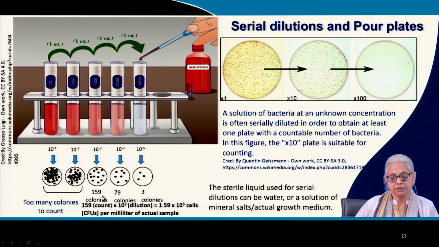You would want, if 159 is the most precise result, then after the next dilution you should get about 16 colonies, but you're getting 79, and in the next dilution you're getting 3. So it should be 1/10 in each dilution, but it doesn't work that way. So here you have actually two statistically significant results, but the higher number is generally considered better than the lower number. The lower the number, the greater the lack of precision in the count.